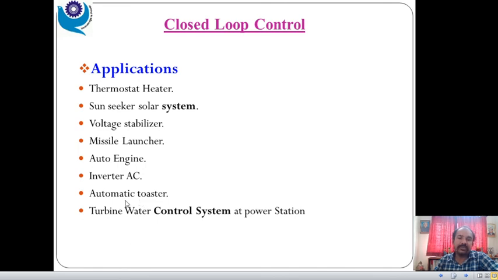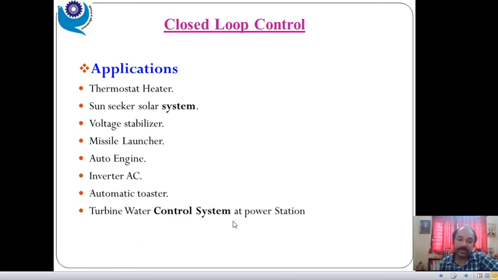Now last time we saw the toaster example in the open loop control system, it was time based. Now here is an automatic toaster, where when we put bread in that toaster, an internal sensor senses whether the bread is properly baked or not. If it is properly baked, then automatically it comes out from that toaster. But in open loop, what we have studied, it was a time based toaster, only for 2 minutes, 3 minutes, or 4 minutes as per our requirement. In 4 minutes, whether that bread is properly baked or not, it doesn't care. When the time lapses, it comes out. So here is the automatic toaster.